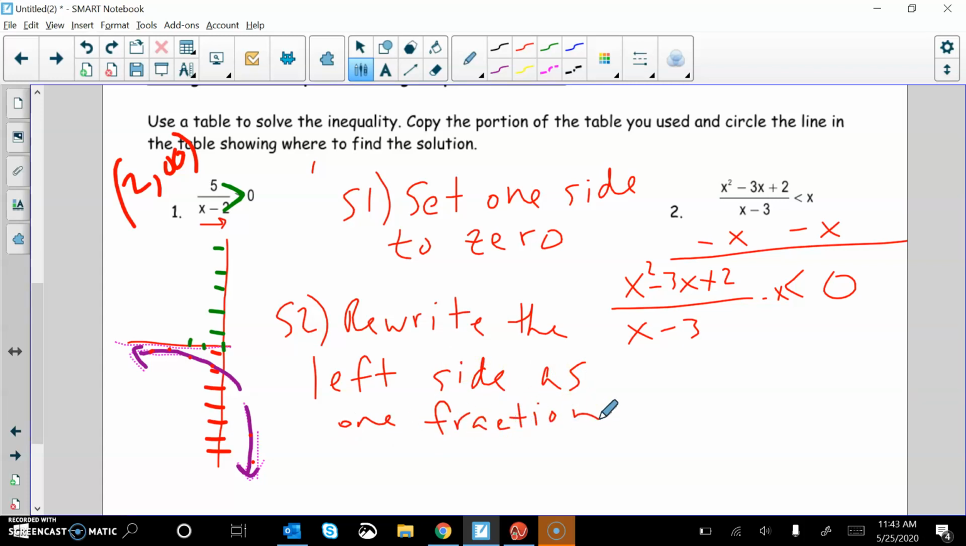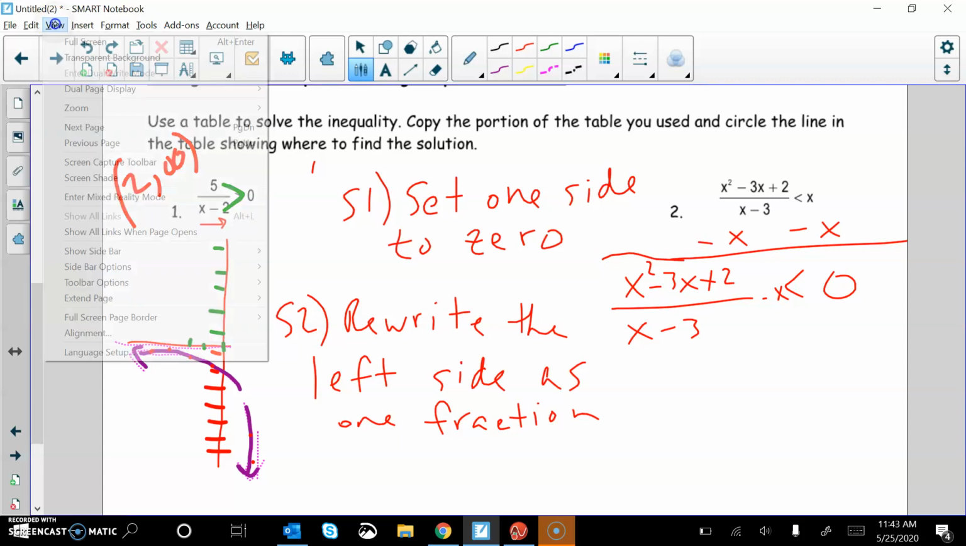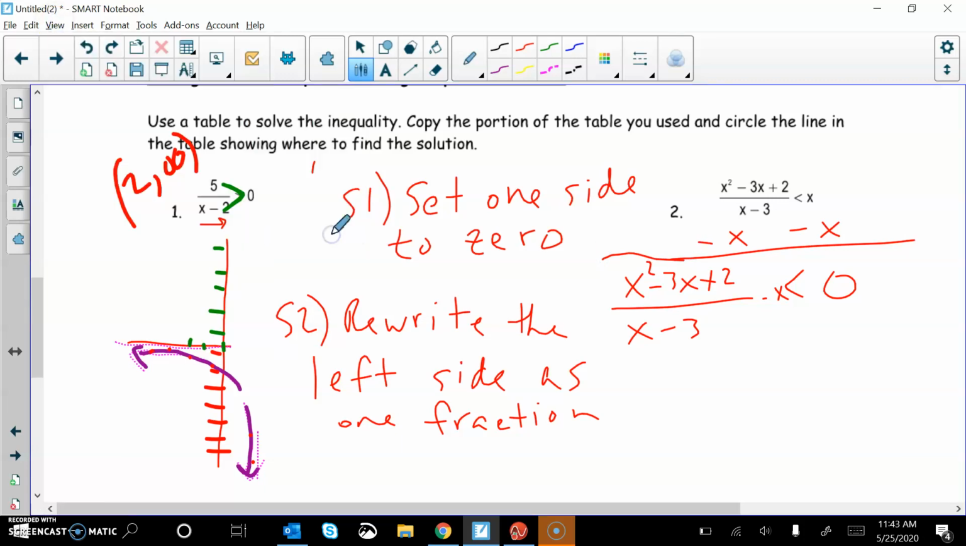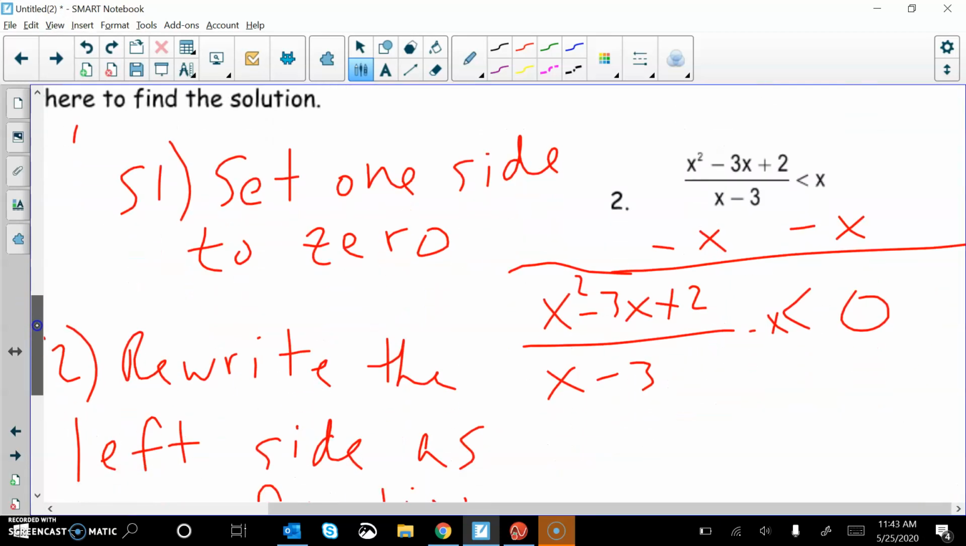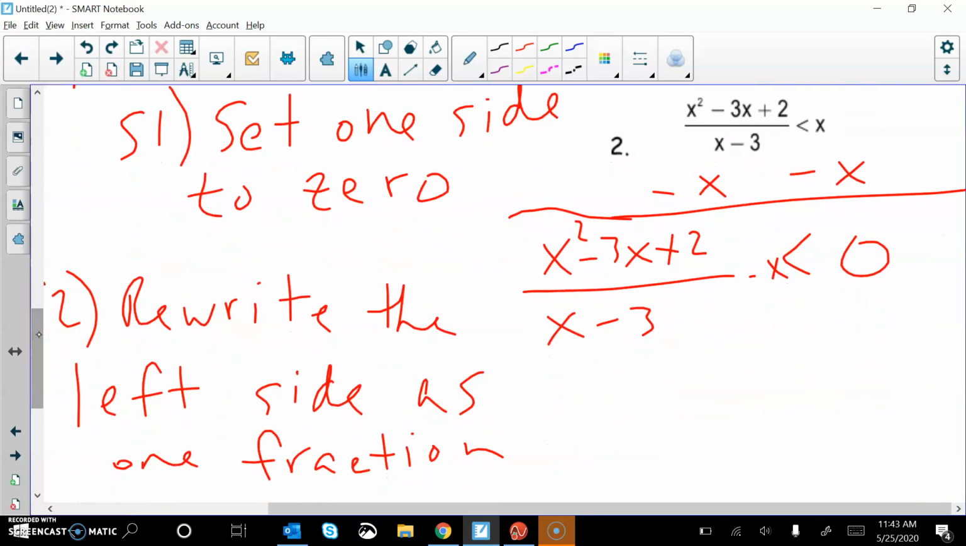All right. So in order to do that, we need a common denominator. So let me zoom in, more space. All right. Let's get back over here. So it's going to be quite a process. Okay, so 0 is over there. That's great. Over here, I have x squared